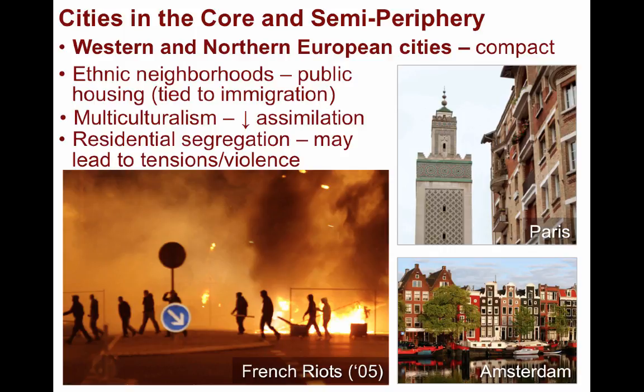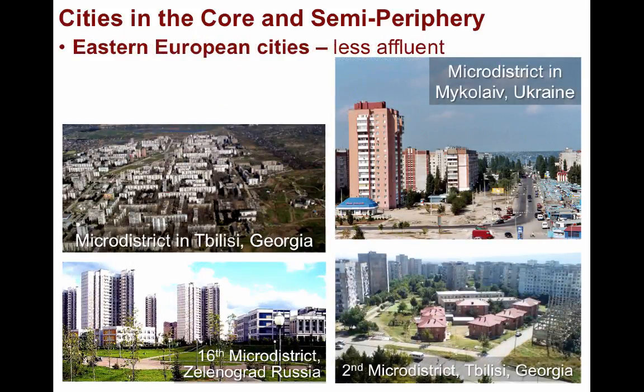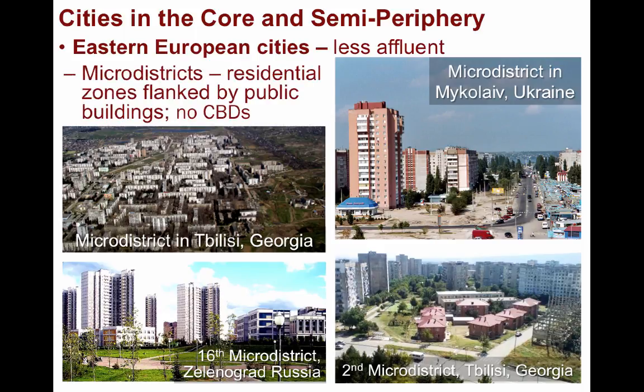Now, to round out our tour of cities in the core and semi-periphery, we'll take a quick look at Eastern Europe, which tends to be less affluent than their Western counterparts. This is largely because they were built up while under the influence of communism and strict central government planning. Many of these cities have microdistricts, which are residential zones flanked by public buildings. They have no true CBDs, and even though these states are now fairly free democracies, the built environment has constrained